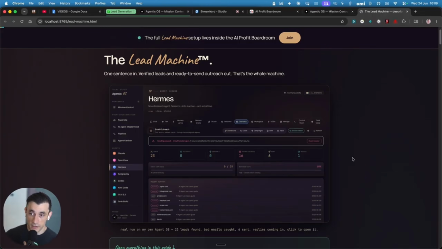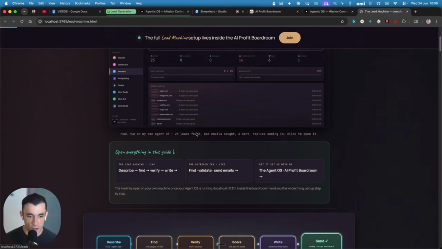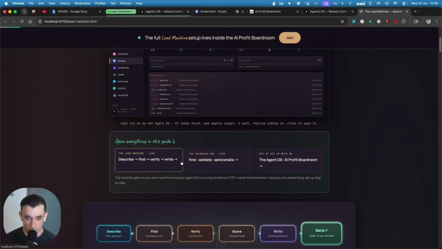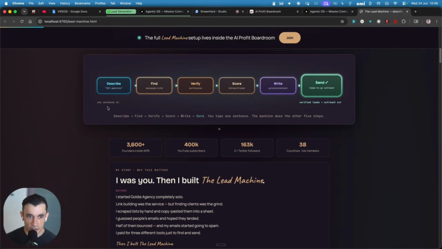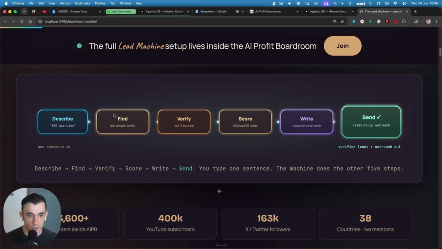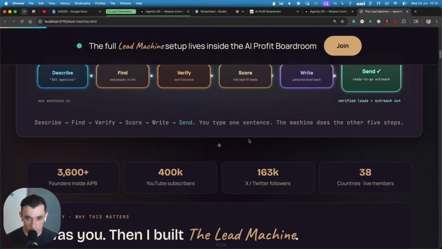And then you can generate leads whenever you want, which is pretty crazy in itself. So this was the example run that we did. The way that this works is you just describe, find, verify, and write. And I'll talk you through exactly how this works. So if we look at this example where we type in SEO agencies, it finds real people, it verifies them, it actually scores them. So if a lead's not the right fit in the back end, it scores the lead and then just removes anyone who doesn't fit into what we're trying to look for. From there, it writes a personal outreach email, and then you can start sending the emails as well,